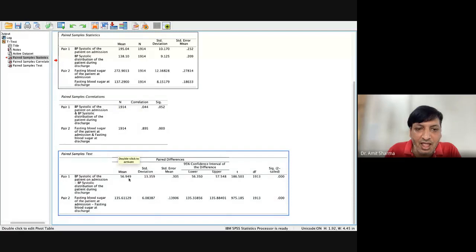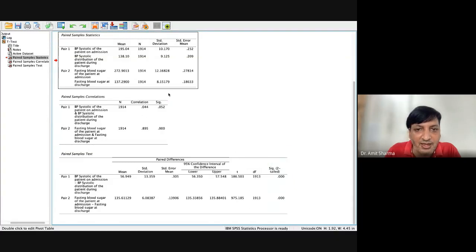And that is the paired sample statistics. If we found the p value higher, we are going to get our result significant. If the mean difference value is minimum, very less, then it will be a very low number and the test will not be significant, clear? And you can see that n minus 1, we are getting 1913 degrees of freedom, t statistics, and this is the overall. And here you can see the correlation, which is not recommended for paired sample t test, but still we have got